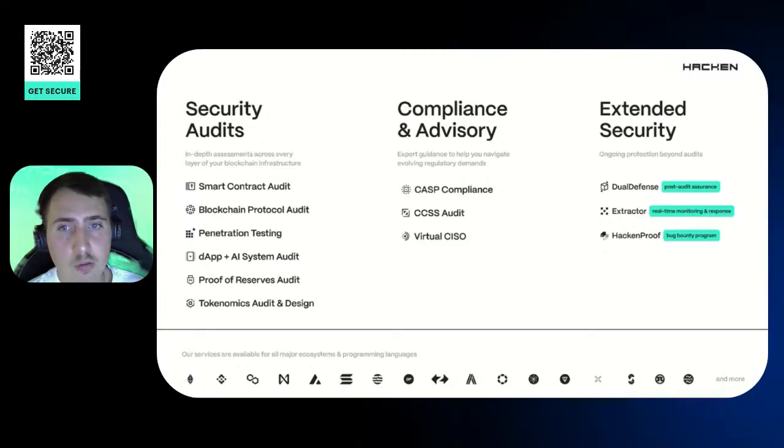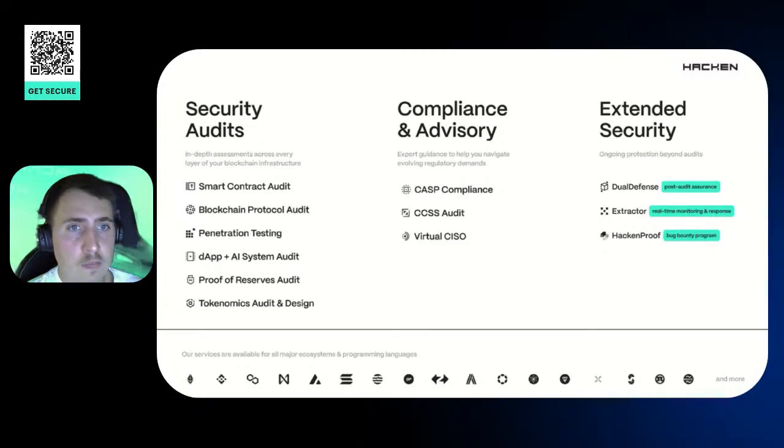CCSS audit for wallet security, which is also evolving right now, and we have more and more entities certified. And virtual CISO, because you need someone to be responsible for your security considerations and concerns. Half of the actual regulations expect that you have a Chief Information Security Officer, so it needs to be a dedicated and separate role. Sometimes it's hard to afford in-house. That's why virtual CISOs exist, and the virtual CISO consists of different teams, not only one person.